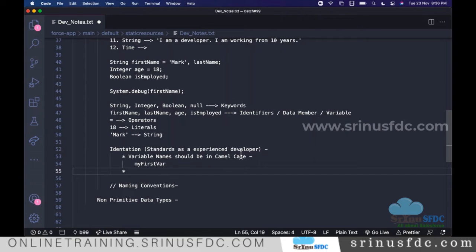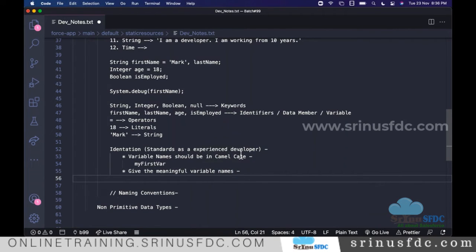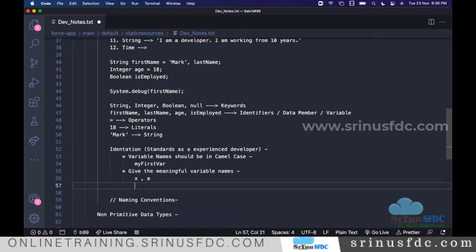The next thing: give the variable names as something meaningful. If you say X, do you know what I'm going to store? We don't know, right? X, A, B, C, X, Y, Z. We don't know what exactly we are going to store.